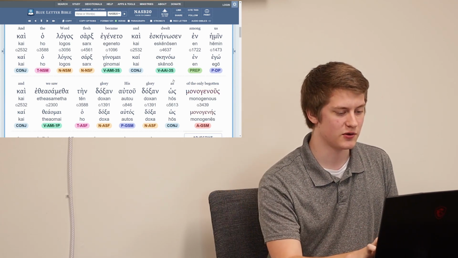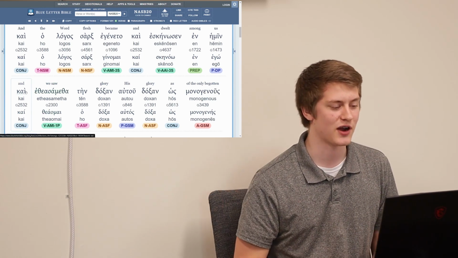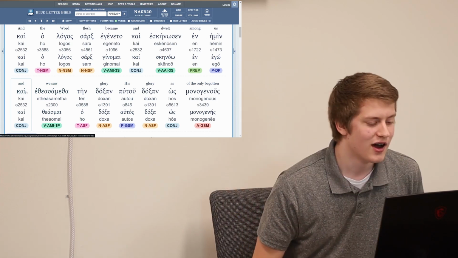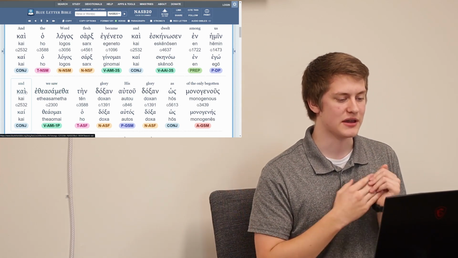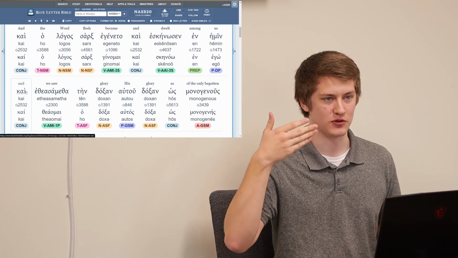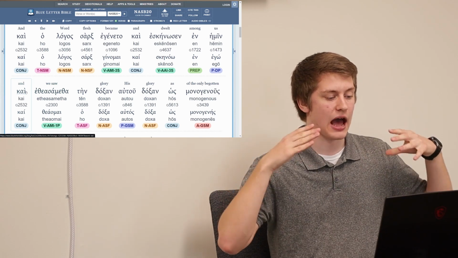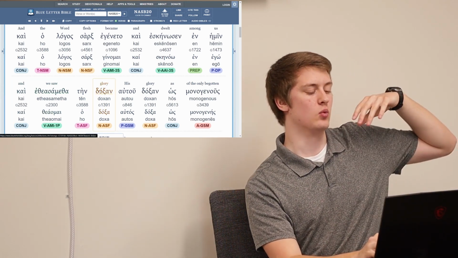That's when we run into our second favorite word. Our first one is article. Remember, the article is your friend. The kai is also your friend too. So he comes in again when we say, "And the Word became flesh and dwelt among us." And again, we're talking about just the immediate context. "And we saw his glory." Again, we have,